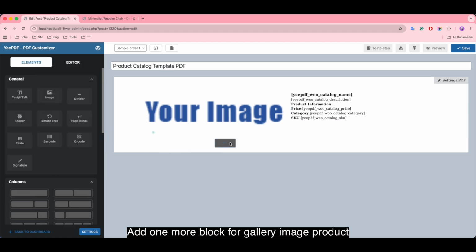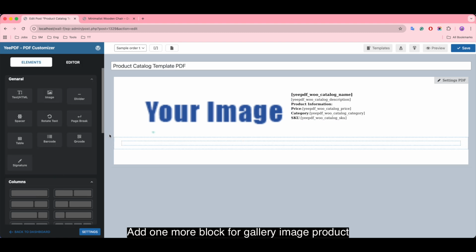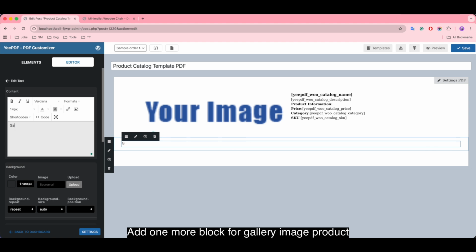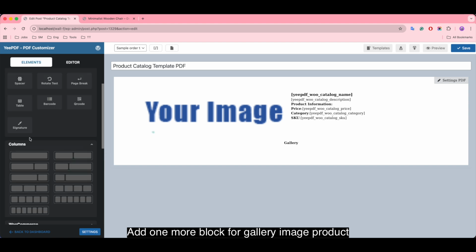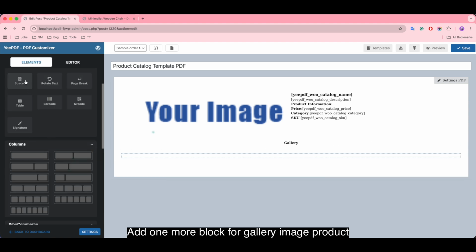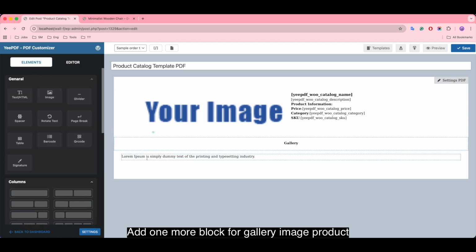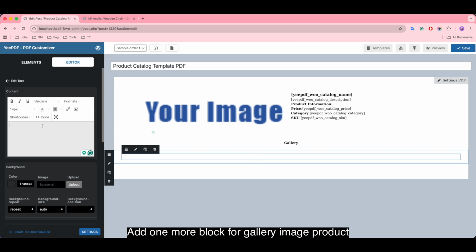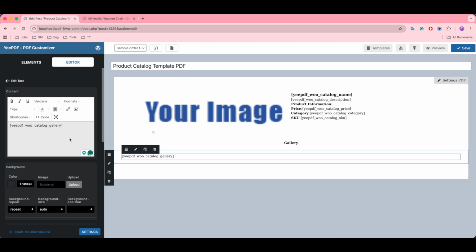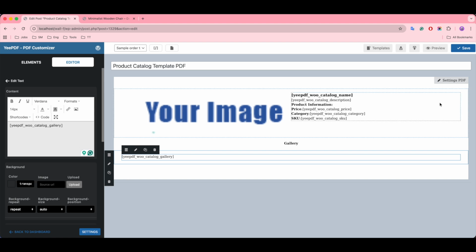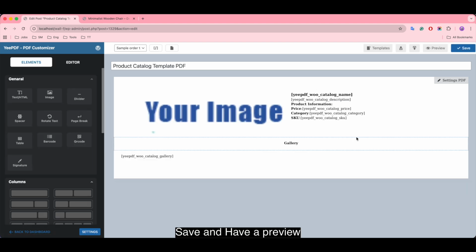Add one more block for the product gallery image. Save and have a preview.